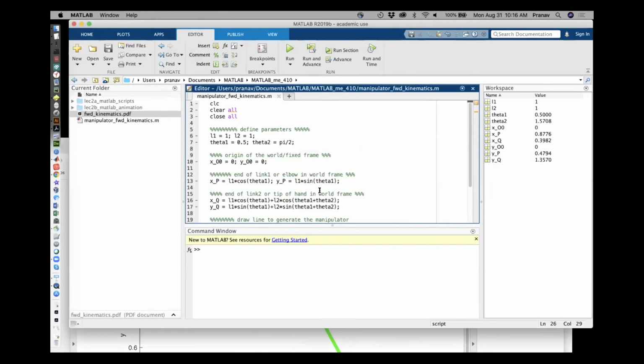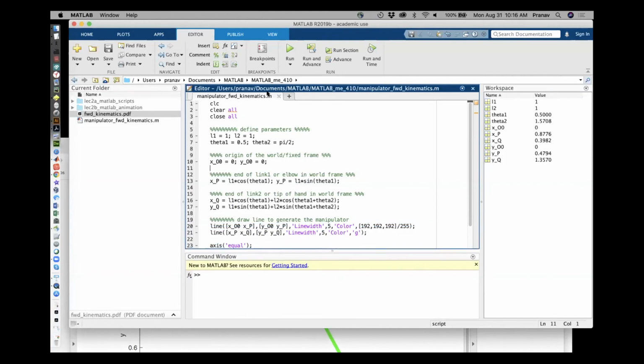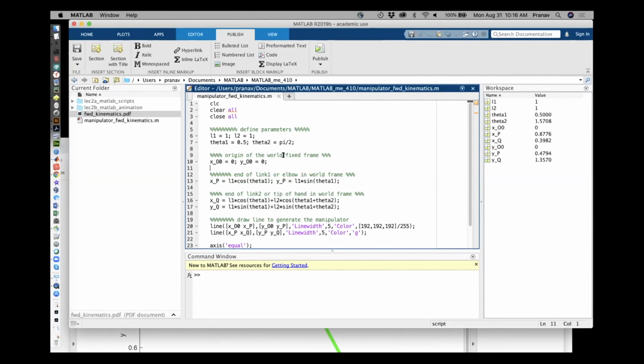You could also do this thing, which is slightly less known. If you want to submit the code, not just the final figure, there's an icon called publish. If you go to publish, note carefully on the left-hand side, this is the folder. You see that there are 4 files. Now when I say publish,